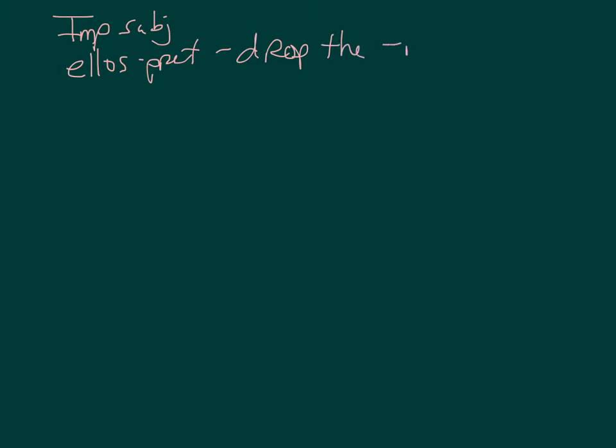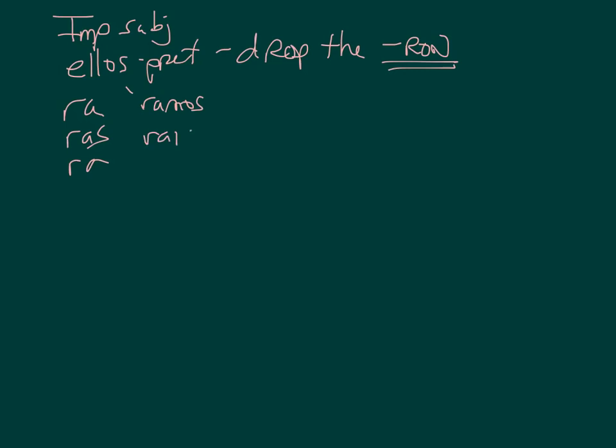So the imperfect of the subjunctive, as a side note, is formed by going to the, and don't ask me who came up with this, the ellos form of the preterite, and you have to take away the ron. This is not something you have to do, this is just so you can identify it when you see it. You're going to drop the ron. Every time you have an ellos form of the preterite, it has to end in ron, no matter what. You're going to drop the ron, and you're going to replace it with one of these endings, ra, ras, ra,